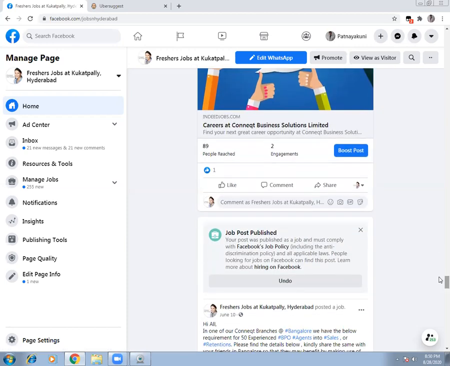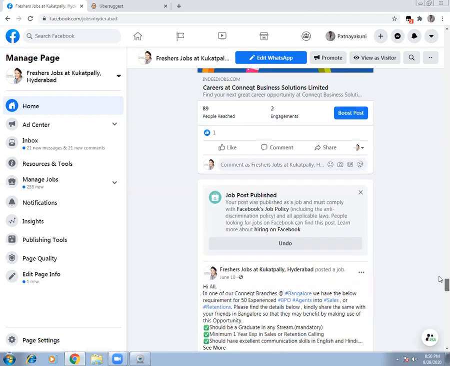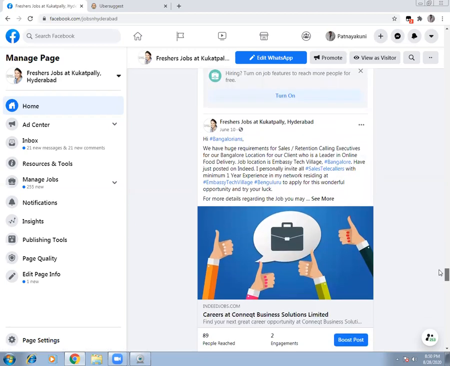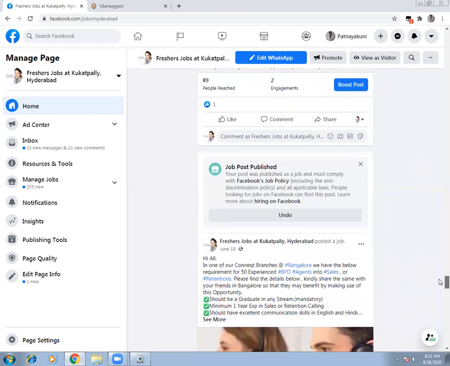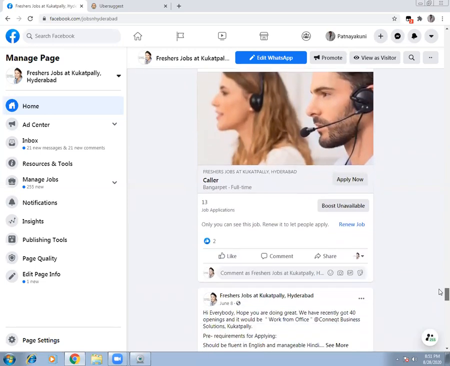However, after a few hours, Facebook discontinued this ad and said that this ad is no longer active because you have violated the Facebook policy. Your page says Freshers Jobs in Hyderabad, and you are posting for Bangalore, which is inappropriate. So please delete your posting. So I had to stop. Anyway, Facebook had stopped it. It did not approve it. So that got disconnected. This is just an FYI for all of you.